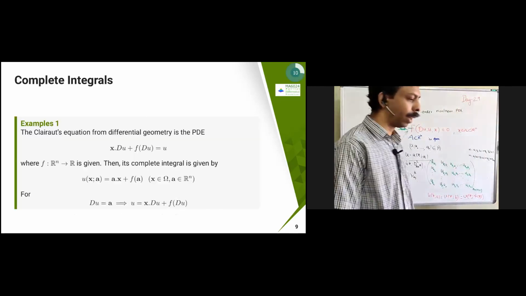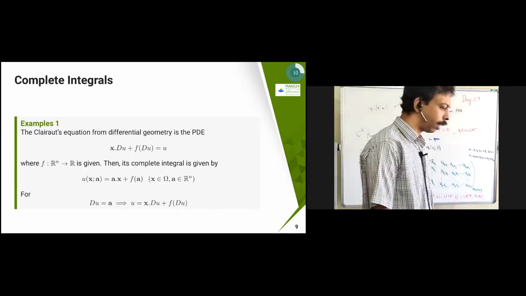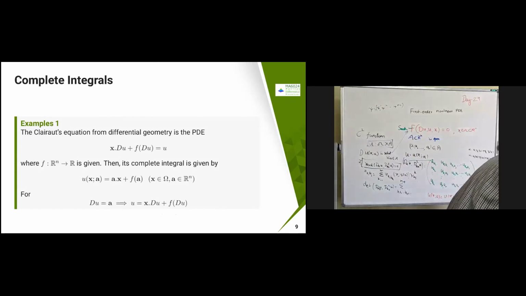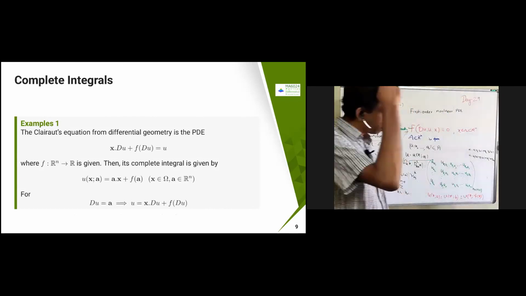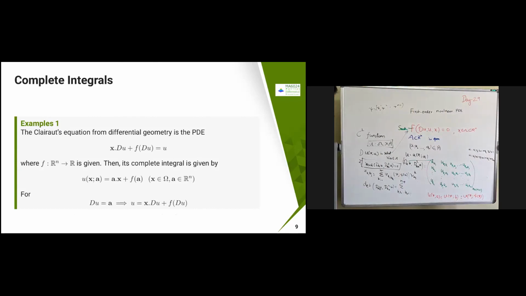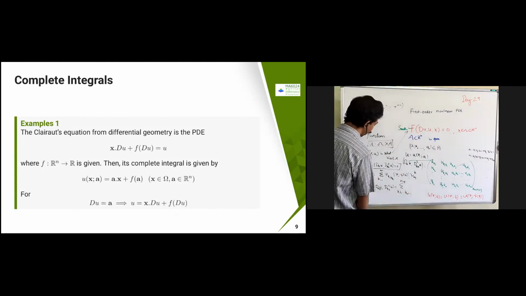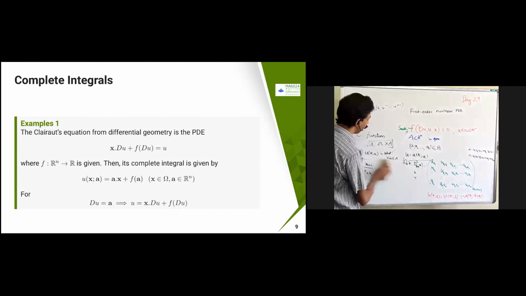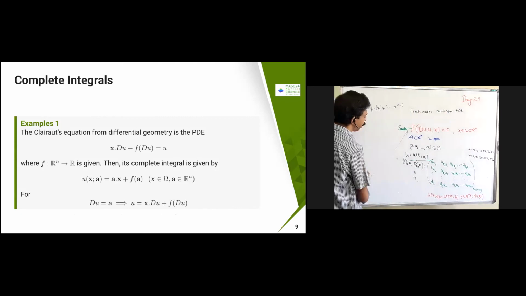Okay, once we come to the Charpit method, then we'll see how it comes, etc. Similarly, this clarification once again will prove how we get the Charpit method also. So this is an example. How do we get that? How to get this one? That is a question. We will come back to it, but let's first see what the complete integral is.